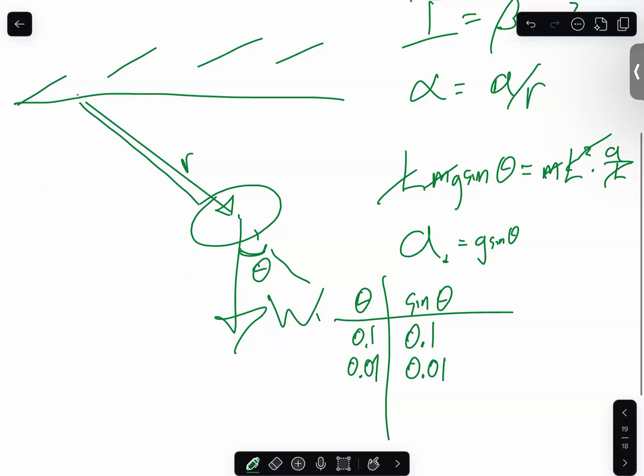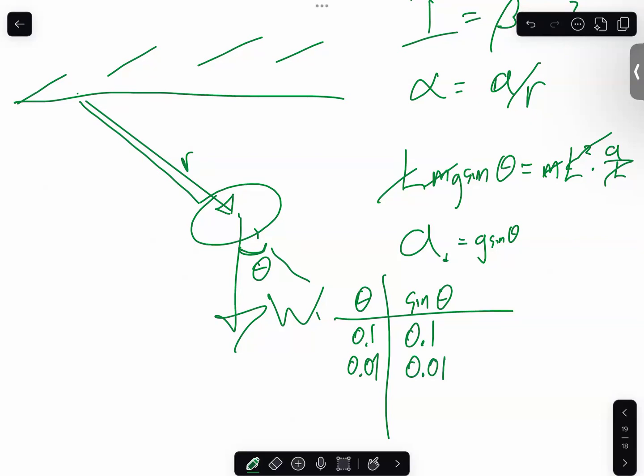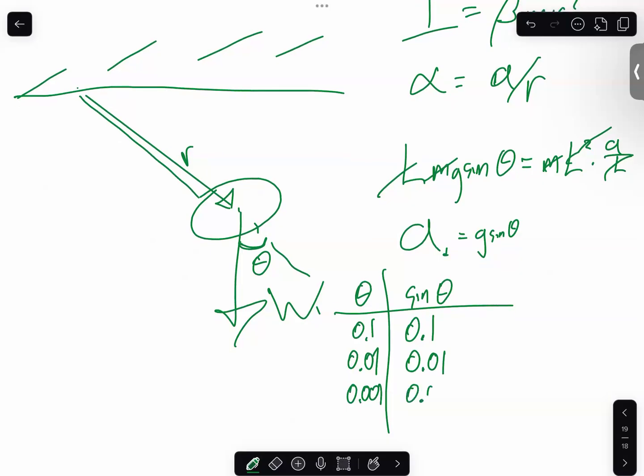Oh, rounding a little, yeah. Sine of 0.001. Round. Oh, my sweet baby Newton. Sine of theta, if you're measuring in radians, is equal to theta. That actually could save your butts on an